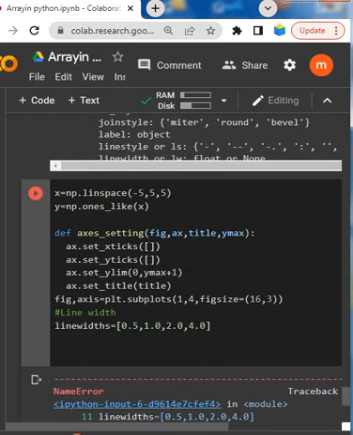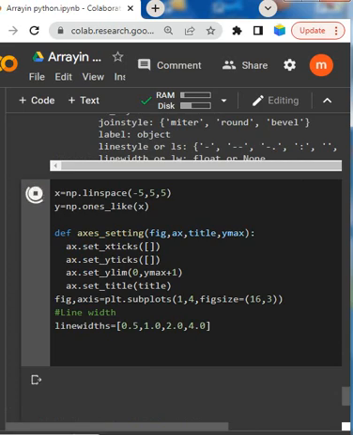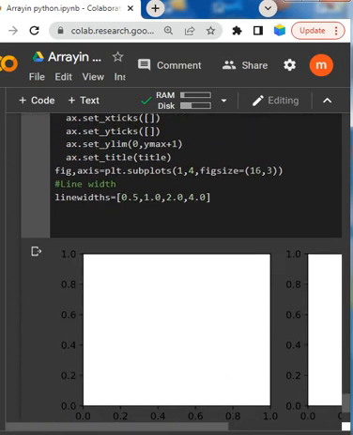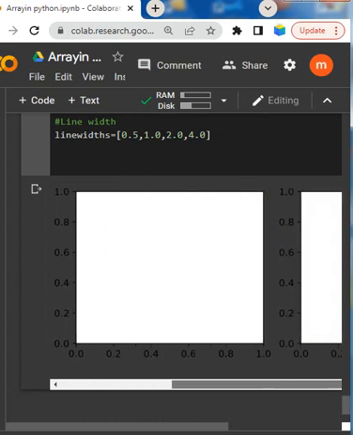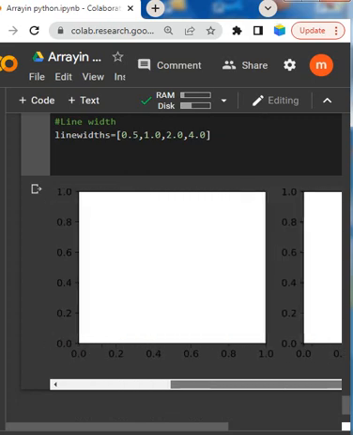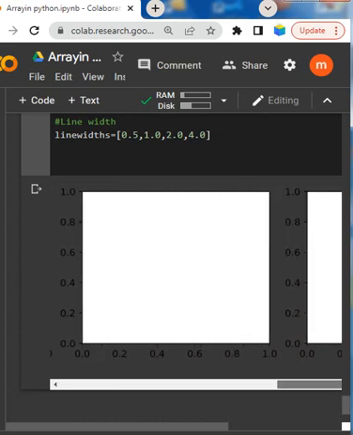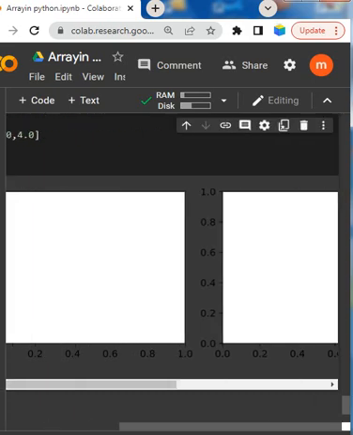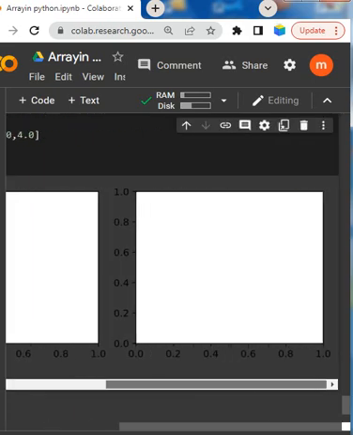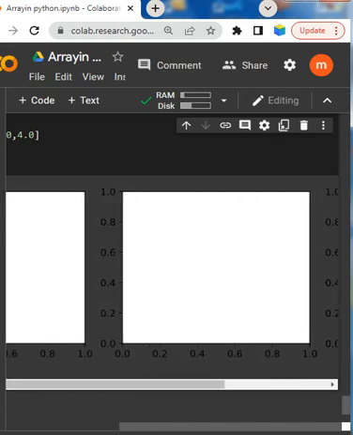You can try the line width. Yeah, it has been done, look like this. Okay, so you can easily change the line width. So I hope